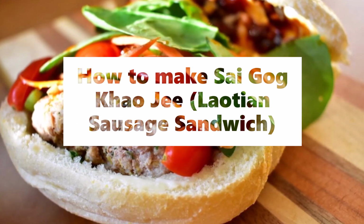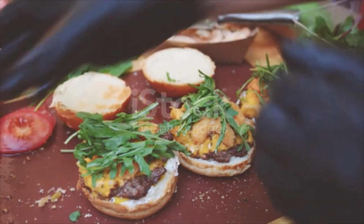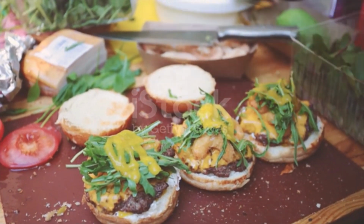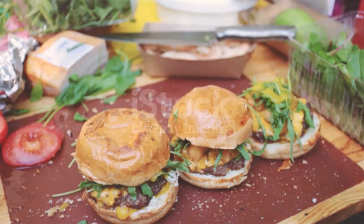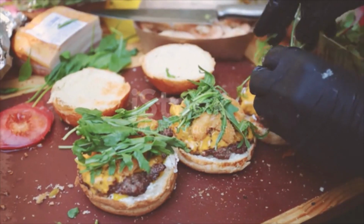Sai Gog Khao Jee, Laotian sausage sandwich. Ingredients: 4 sausage, 1 pound ground pork, 1/4 cup cilantro, coarsely chopped, 1/4 cup green onions, thinly sliced, 2-3 tablespoons